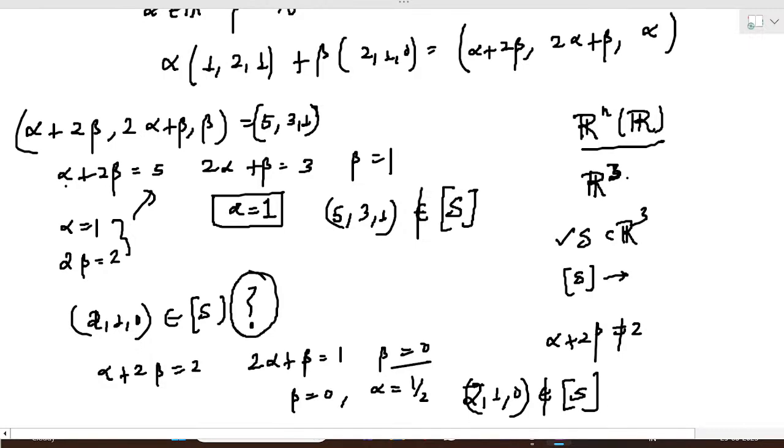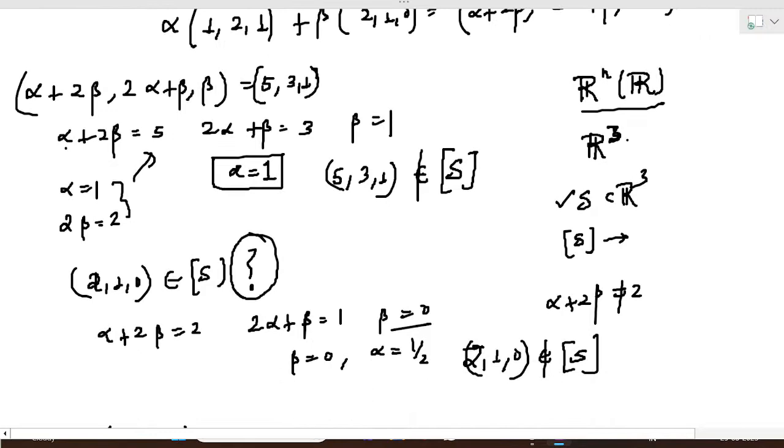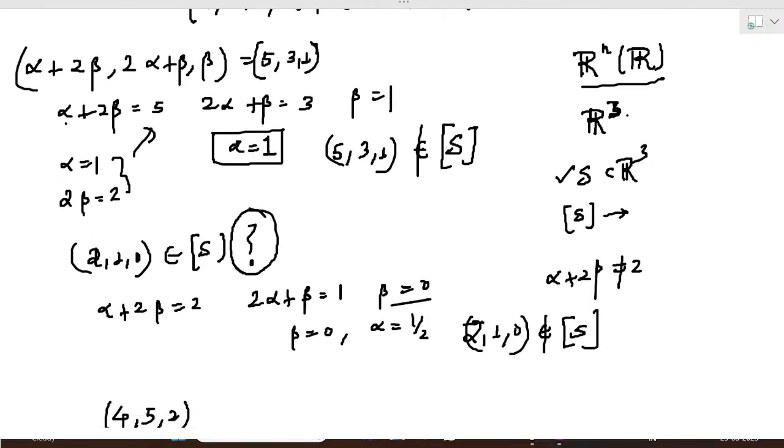And similarly, if you want to verify yourself 4 comma 5 comma 2, again the same process will go on. And you have to see whether 4 comma 5 comma 2 belongs to the set. Okay, 2 comma 1 comma 0 belongs. One minute, let me see. Have I made some mistake? 2 comma 1 comma 0, no, so